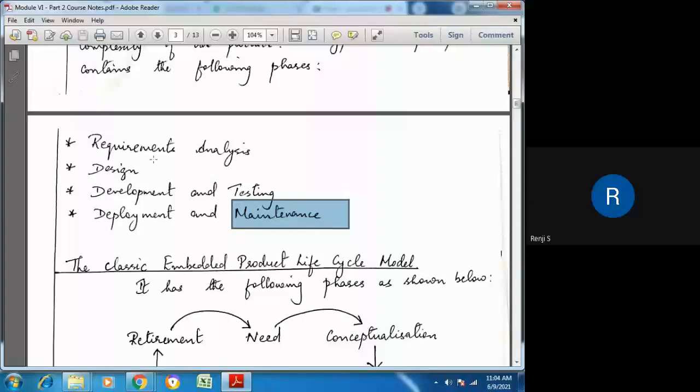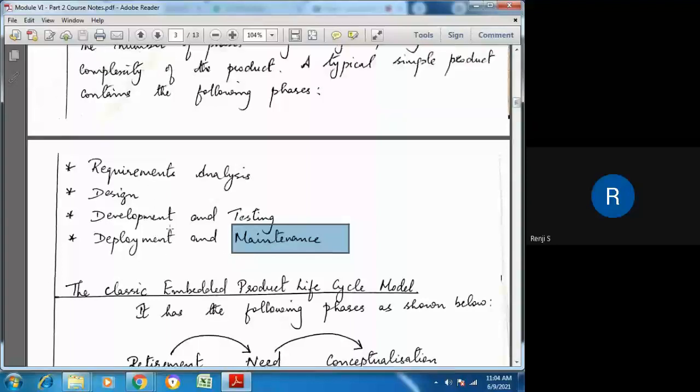So these are the phases which are necessary for a simple as well as a complex product: analysis, design, implementation, testing, and maintenance. In our report, we mention analysis, design, implementation, testing, and maintenance. Maintenance we usually don't write because it is a continuous phase. After testing, we just give the results and then conclude when we write a project report, because we are not going to deliver it at present.